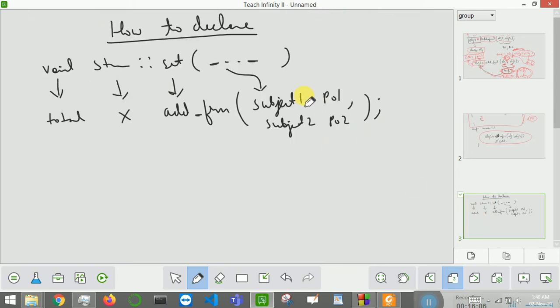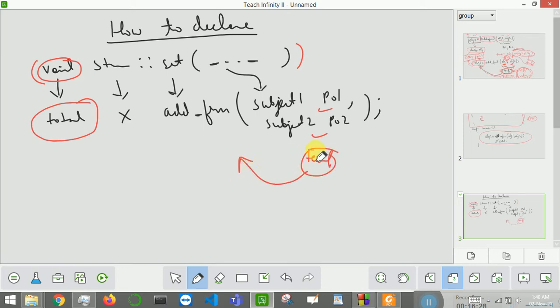Now let us see how to declare a friend function and how to define it. To declare a friend function, let us take the example of a set function. In a set function your return type is void, but in a friend function your return type should be total. Your friend function will add these two objects to a temporary object, and it will return that temporary object, so the return type of this temporary object is total.